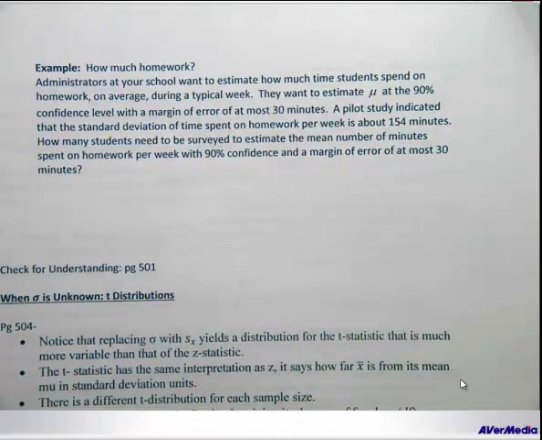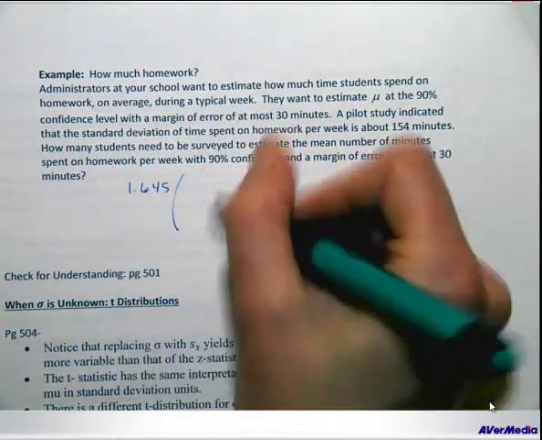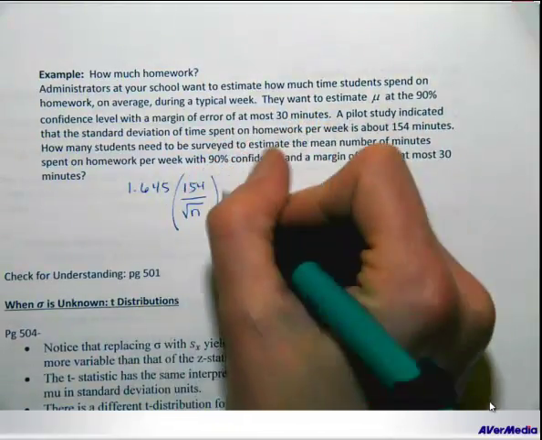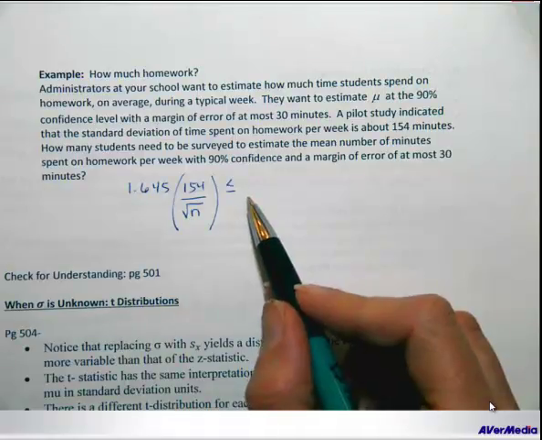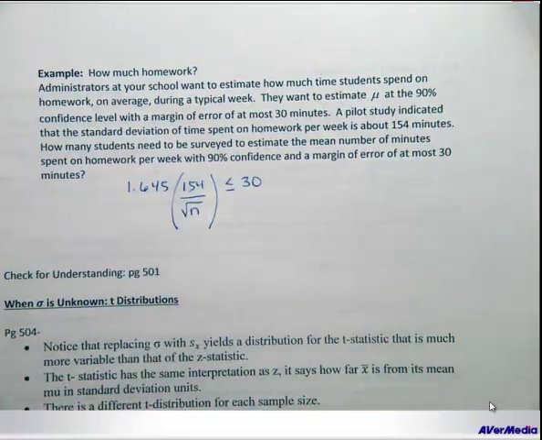So take a minute and figure out how would you set that up. Ask me questions if you're stuck. So Hasley, tell me what would we use for the Z star value? 1.645. So we'll do 1.645. Aaron, what did you put in here for your standard deviation? And then less than or equal to, what is our margin of error part, Alex, that we want it to be? 30. And so if we multiply the 1.645 by the 154,